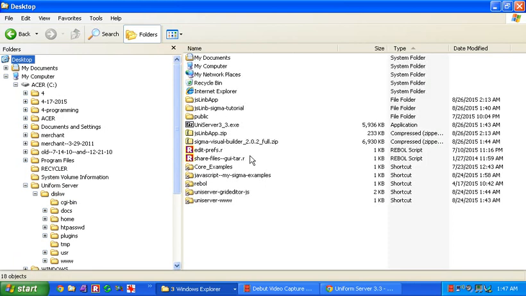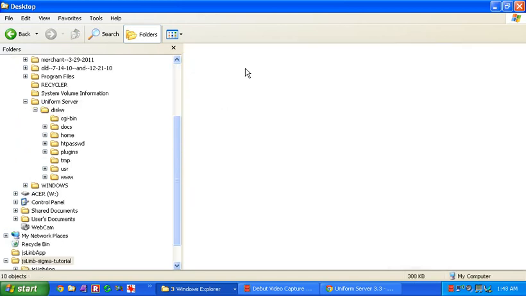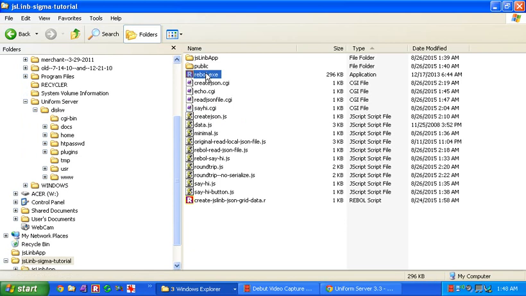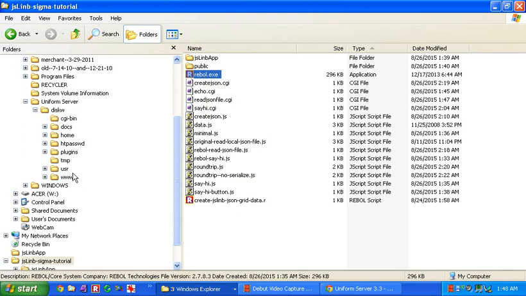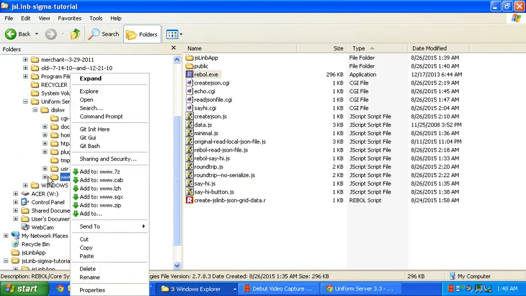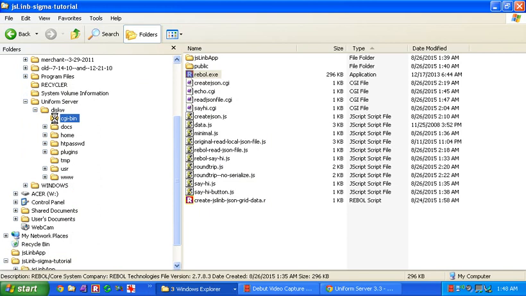So on your normal production server, wherever you put your Rebol interpreter, and on whatever operating system, just use the Rebol interpreter that's appropriate for your operating system. Here we've got Rebol Core interpreter. I'm going to copy that over into the CGI folder,